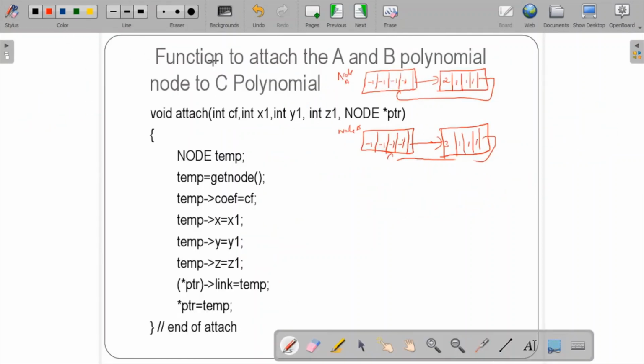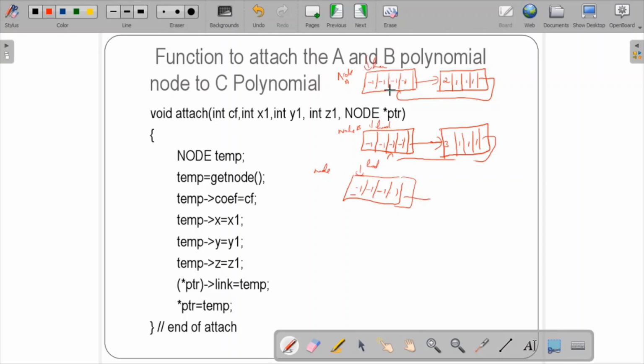This is the function to attach the node C to the polynomial. So over here you have 2 polynomials, node A and node B. I've just taken a sample of 2 nodes, node A and node B. Once you're done with node A and node B, we are going to find the sum of these nodes, which is stored in the node C. By default this will be set to -1, that is, the first head node is there, and it will be set to -1 itself in node C, this is for the coefficient and this is for the exponent. So here, these all are pointing to the head.